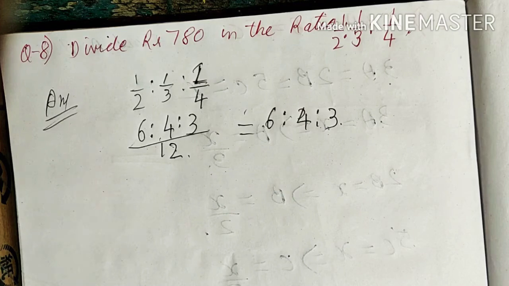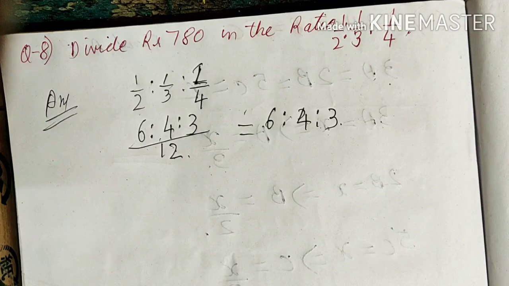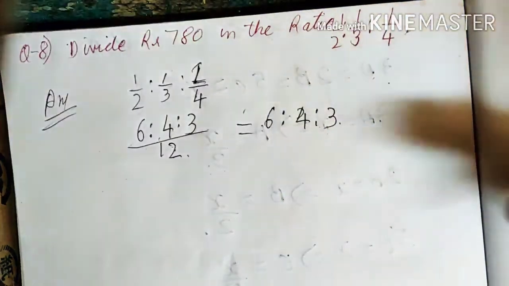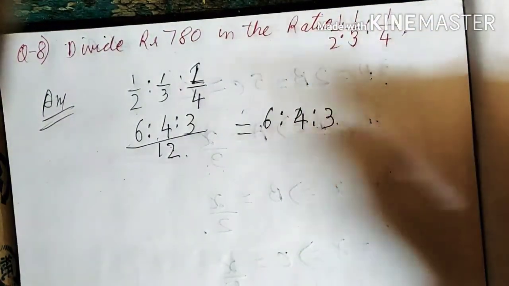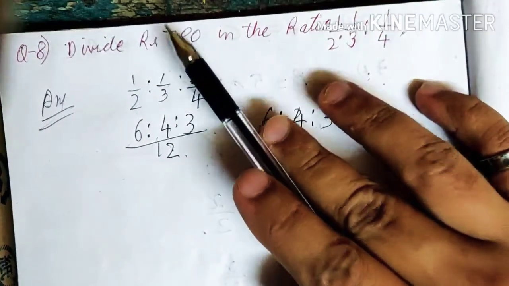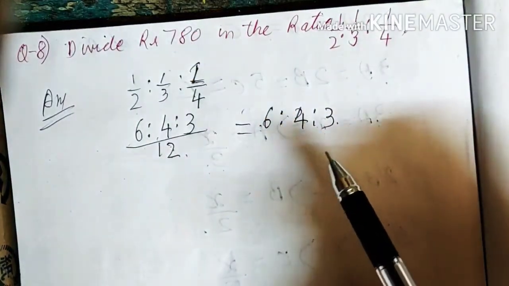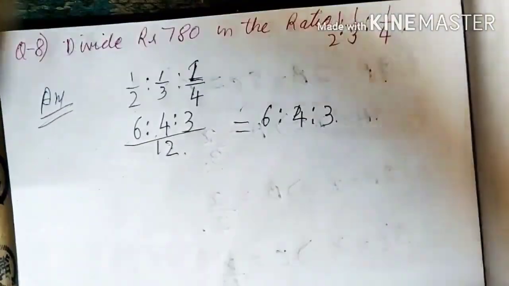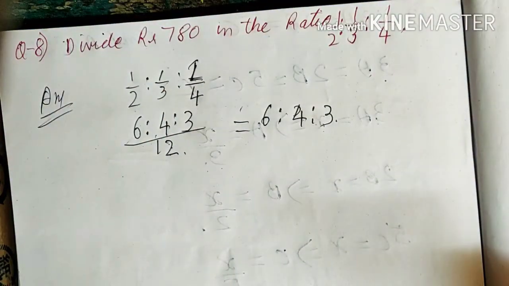So always remember, the steps I am going to use in this question are literally the steps that will be used in every question. So just listen to this very thoroughly. Whenever a ratio is given, you can multiply it with any number. Look, in a ratio we don't know the actual values. What are the actual values that are divided into 3 parts? The total value was this, and you have to divide it into 3 values.